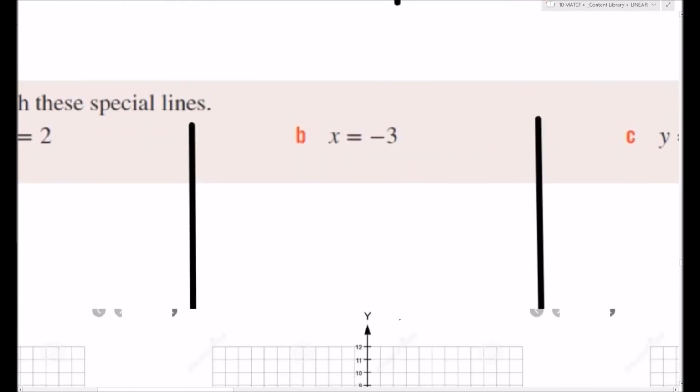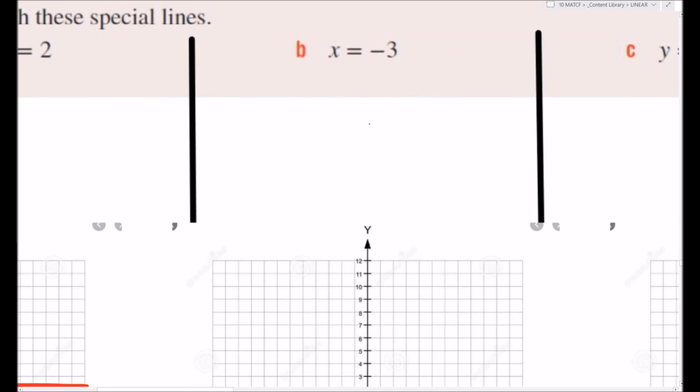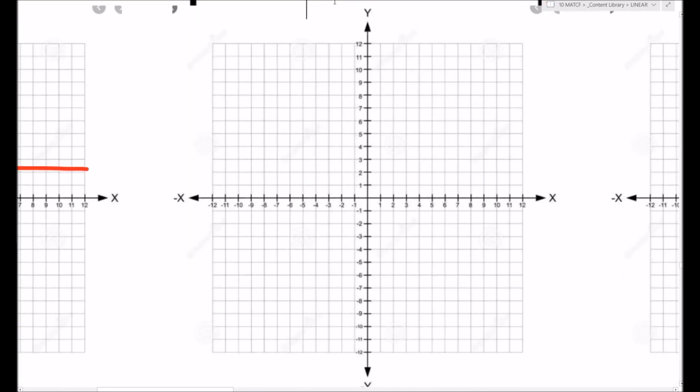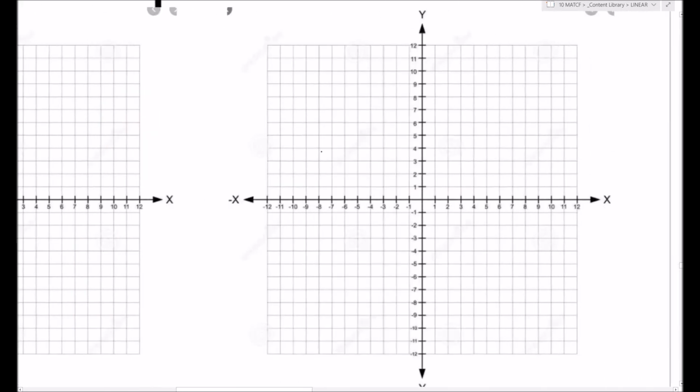And you can probably guess for x equals negative 3, it's a line that goes vertical, like that, but this time through the x-axis. So it's x equals negative 3, which means we look for negative 3 on the x-axis, and it's on this line here. Negative 3 falls in there. Now this one gets a little bit trickier,